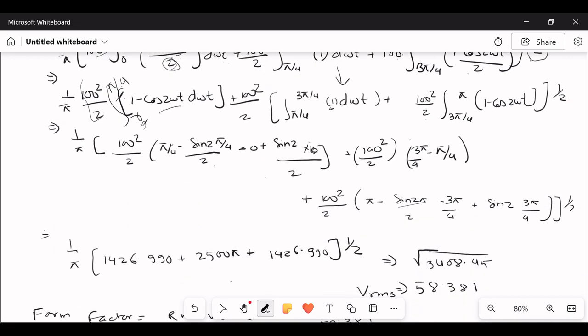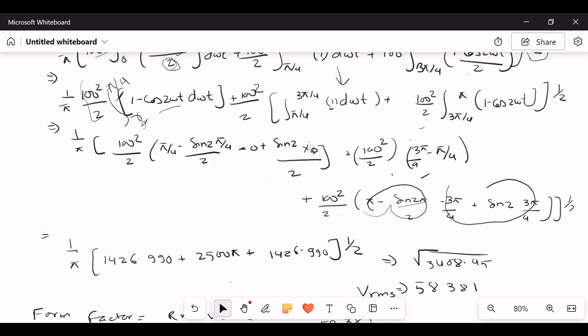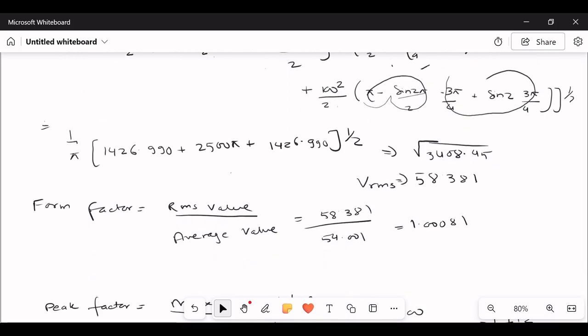Here the 3π/4 terms are the same, it's just the integration of 1. And for the third part, 100²/2, for the higher value we write it up to here, and for the lower value up to here. So by calculating 1/π, the first term becomes this much, the second term becomes 2500π, and the third term is the same as the first term. So VRMS becomes